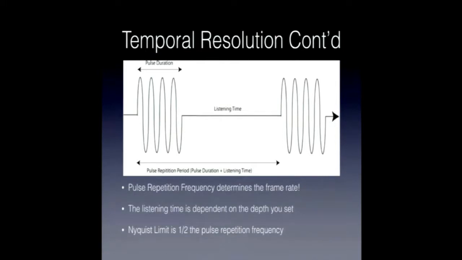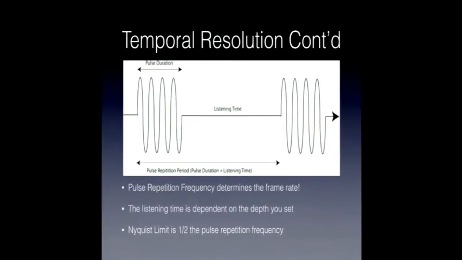So we're back to this again. I probably don't need to belabor it any further, but I want to move into something called the Nyquist limit, or the Nyquist frequency, and that again ties into this pulse repetition period and frequency. So again, there's a pulse, and there's listening the whole time. It's called the pulse repetition period, and the inverse of that is the frequency,